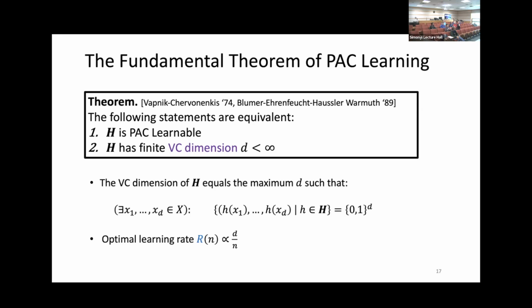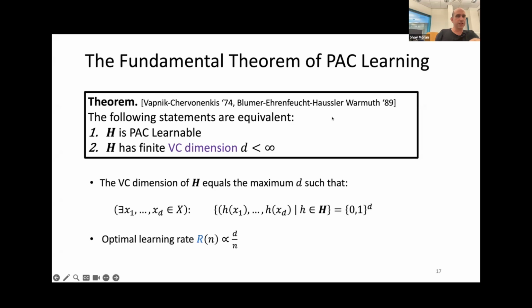Not relevant, it's equivalent. PAC learning was a new name for an object that Vapnik and Chervonenkis really defined and proved the theorem for. I think that Valiant didn't know about their paper when he defined PAC learnability, and these four authors did know about Vapnik and Chervonenkis, and they credit them. But I think also Vapnik and Chervonenkis focused really on uniform laws of large numbers. They didn't call it like this, but it's the same statement.